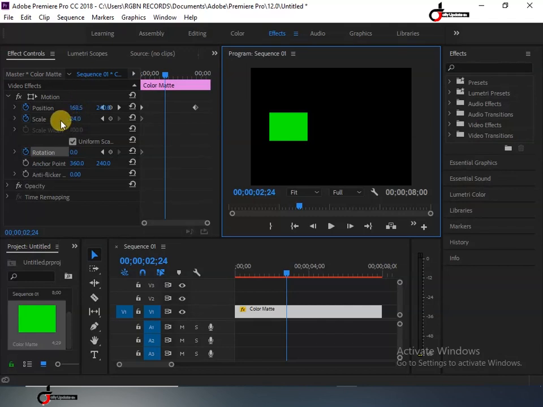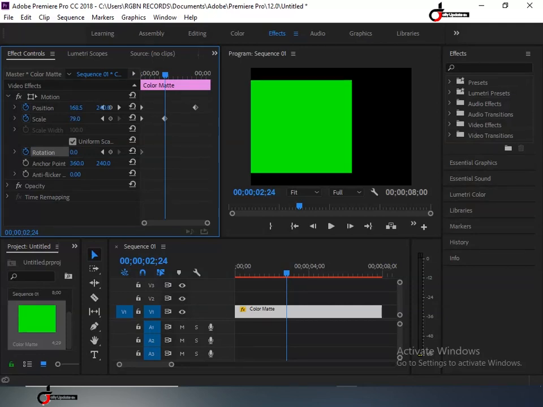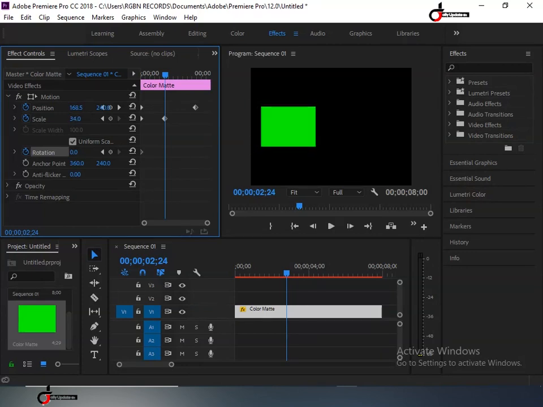Now the scale here is for making our object big, small, big and small. When you move it to the right side it becomes big, left side becomes small. Alright, so